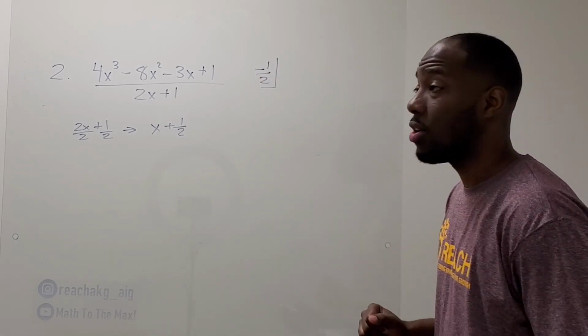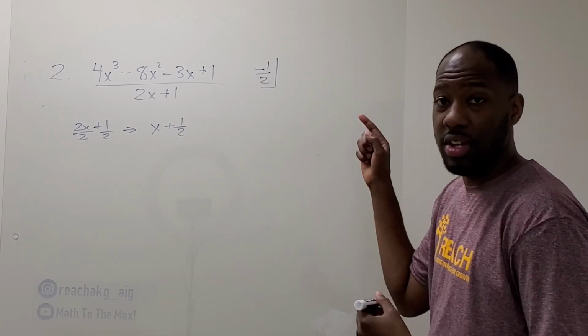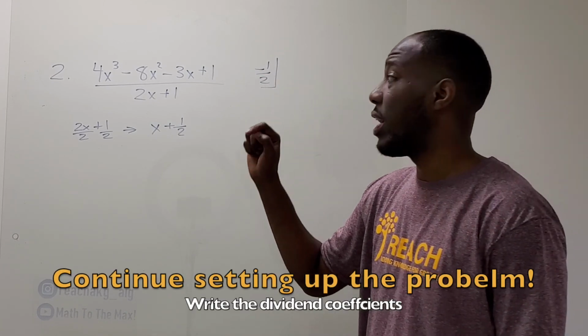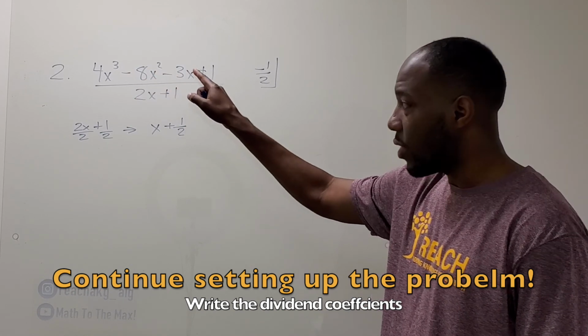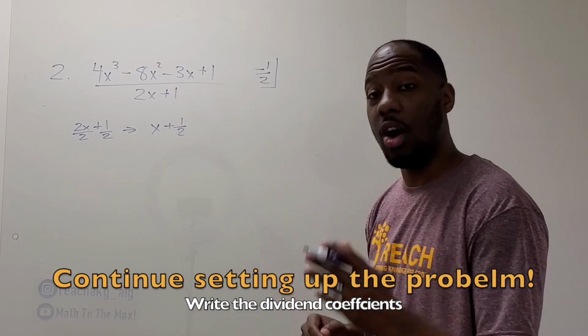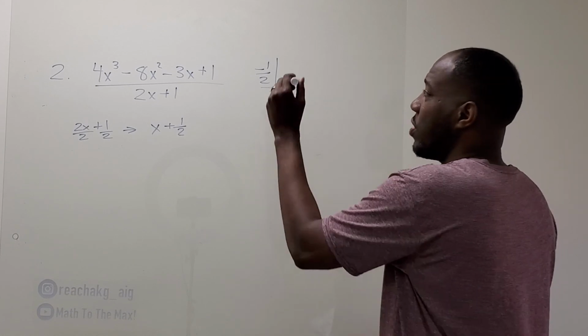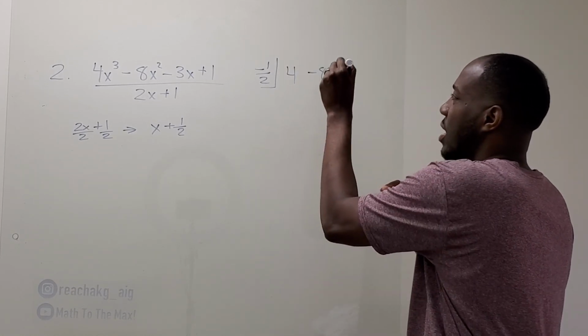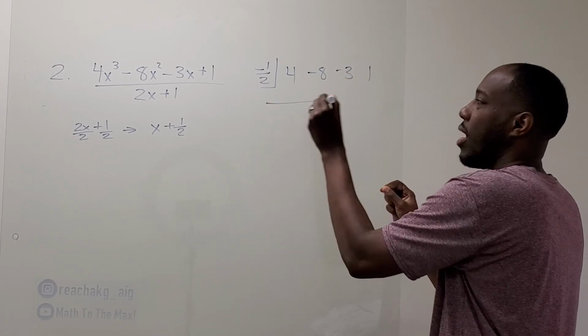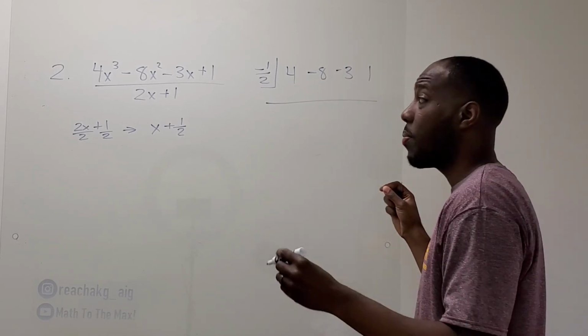And then the dividend's coefficients going down in descending order based on the exponents. X to the third, x to the second, x to the first, then constant. So it's already in order. So just write the coefficients. 4, negative 8, negative 3, 1. All right, leave a space. Drop,